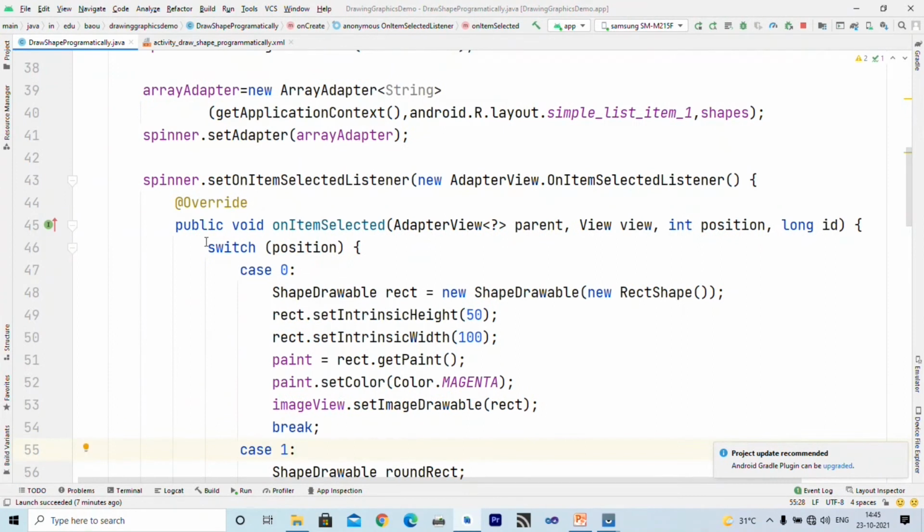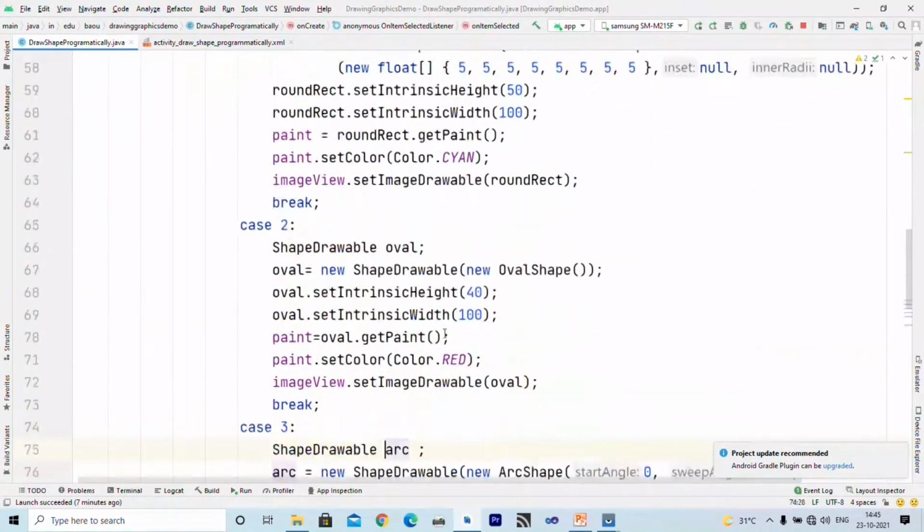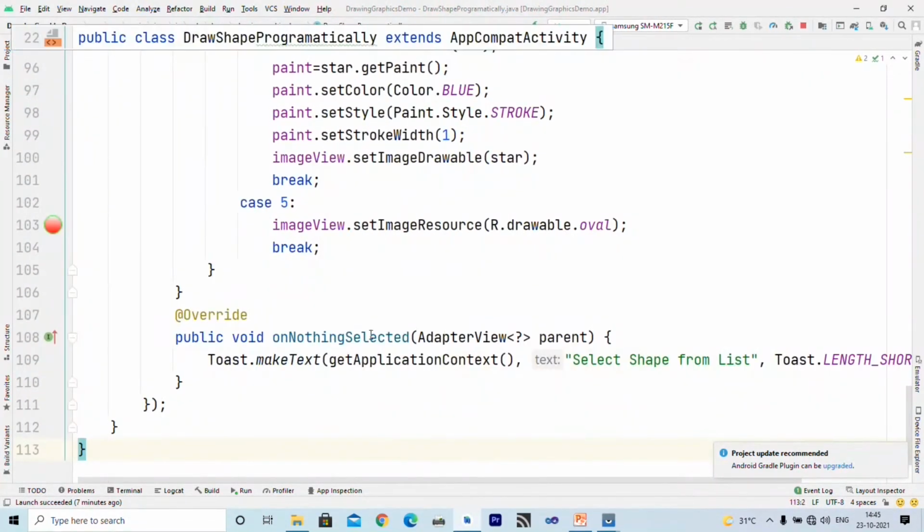I have implemented the OnItemSelectedListener, and it automatically defines two methods, onItemSelected and onNothingSelected. Inside onNothingSelected, I displayed select shape from the list. There is at least one item selected in the list, so this will never be called.